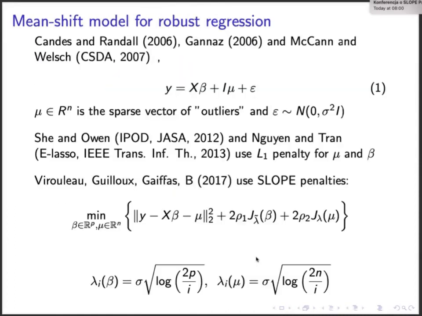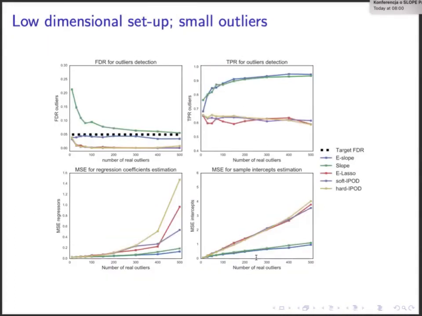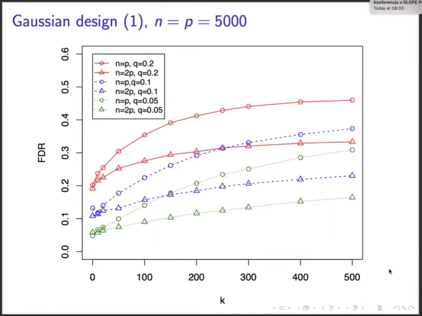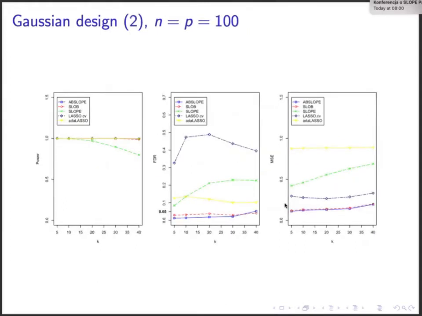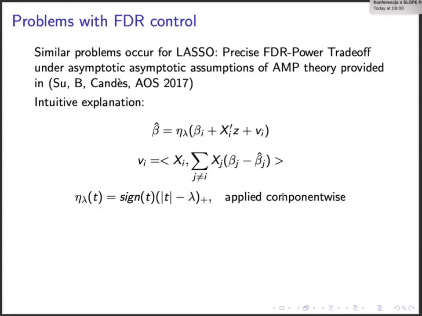And you can see it on this graph, which I have shown, that we lose FDR control when k increases. So here we have a Gaussian design. We want to have FDR control at the level of 5%, 10%, 20%, and you can see that FDR increases. Okay, so maybe I will skip this one. Now the question is why we have a problem here.